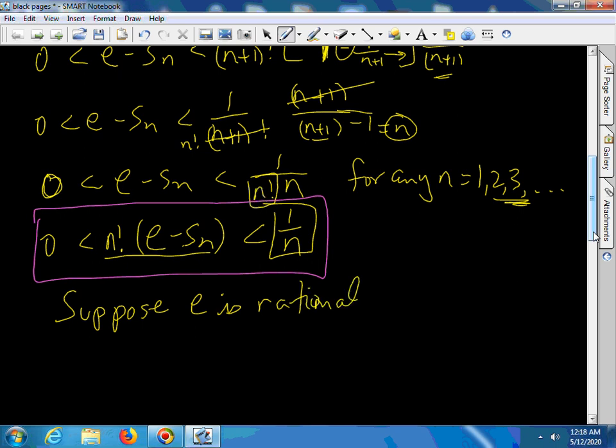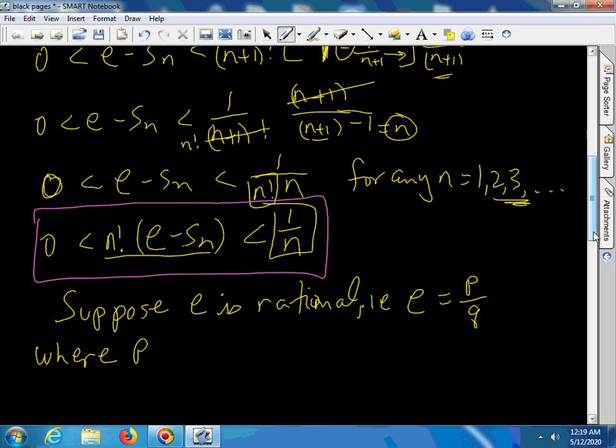I'm going to do the opposite of what we want to prove. Now either e is rational or it's irrational. If we get a contradiction that it is rational, then it must be irrational. So suppose e is rational. That is, e is equal to p over q,